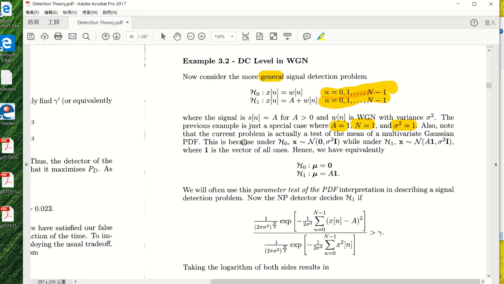So that also corresponds to a multivariate Gaussian, right? That's why we talk about multivariate Gaussian and the vector version of the Gaussian. This is because on H0, X is distributed with 0 mean and sigma squared I, while on H1, X is distributed with A times 1 and sigma squared I. Okay, so that's very different. Alright. We have a vector version now, with 0 and sigma squared I, and then A multiplied by 1, okay, and then